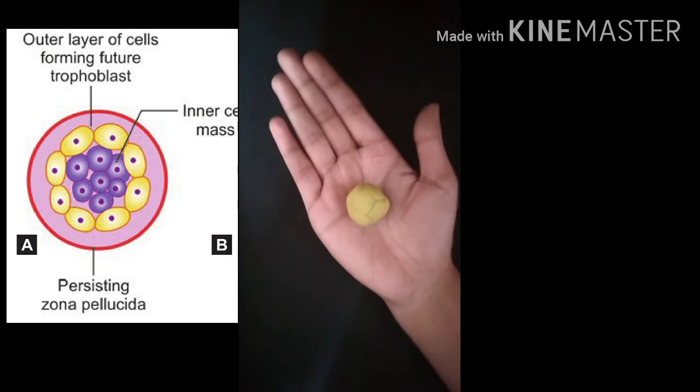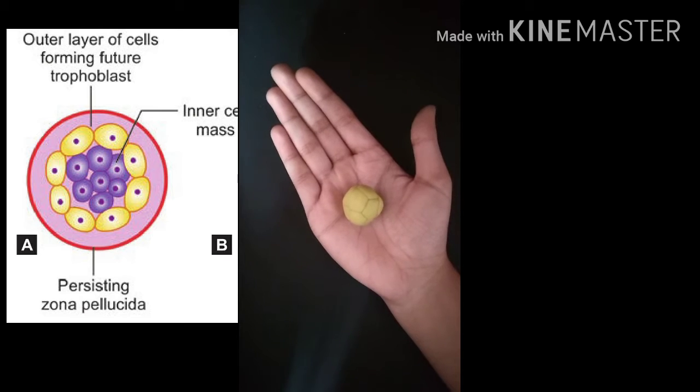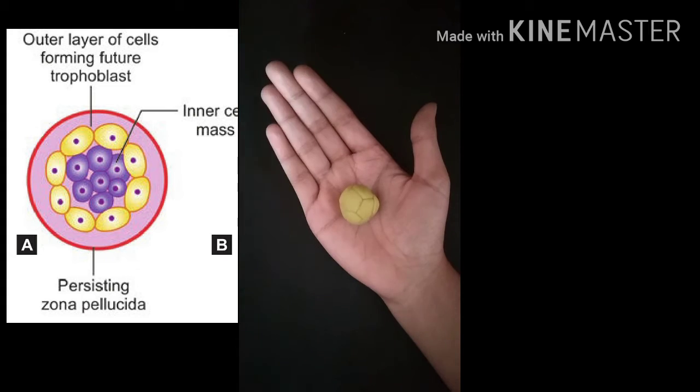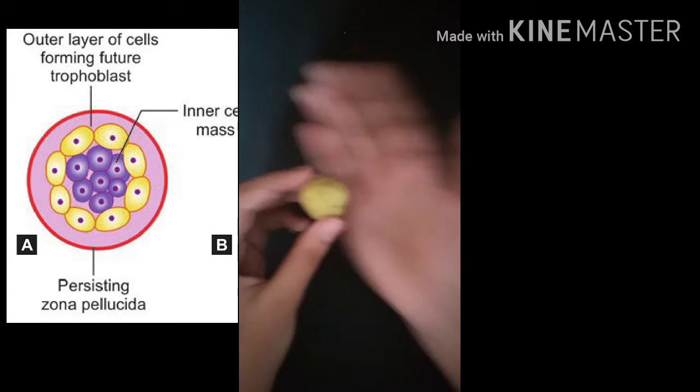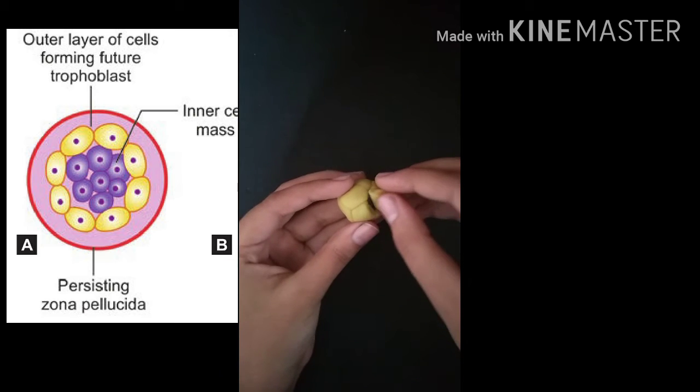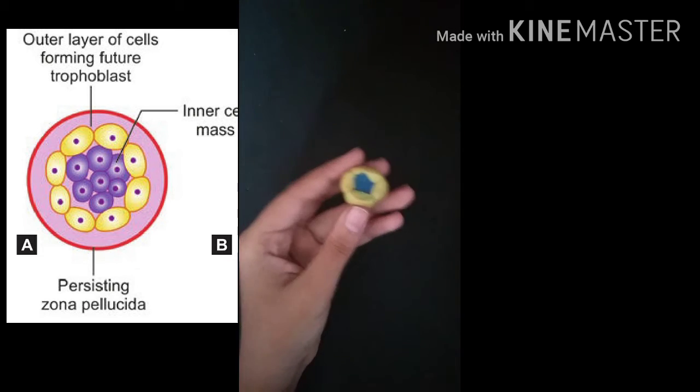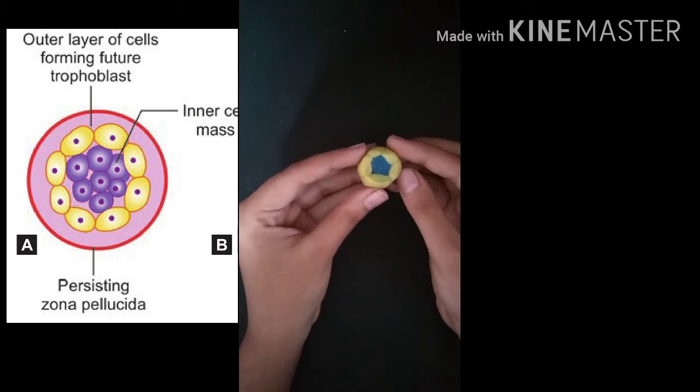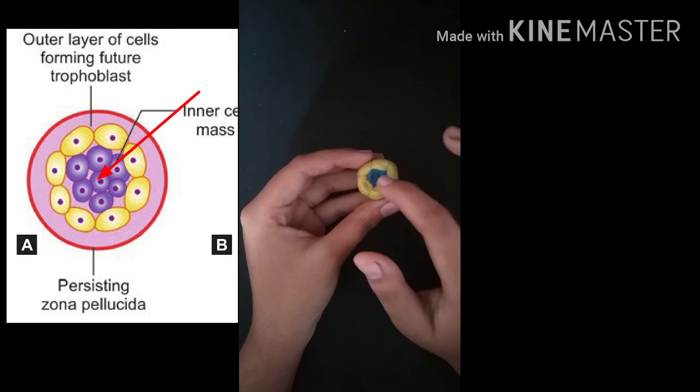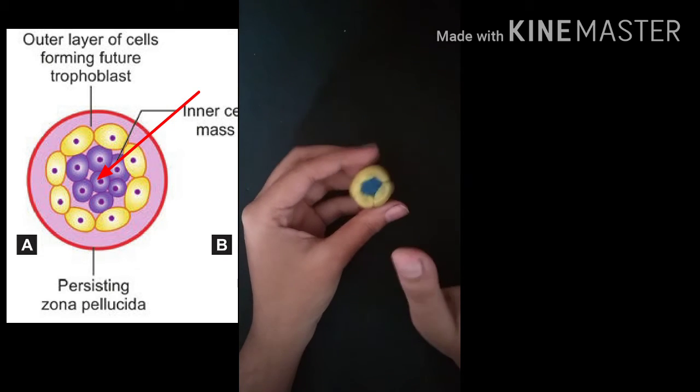If we take a cross section of this morula, what we get is very much important. But instead of taking a cross section, I will be removing a few outer cells of this morula to see inside. So here I do it. I am removing a few cells of this morula. What I get inside is something bluish, and outside there is a yellow colored mass. This inner blue colored mass is nothing but the inner cell mass.